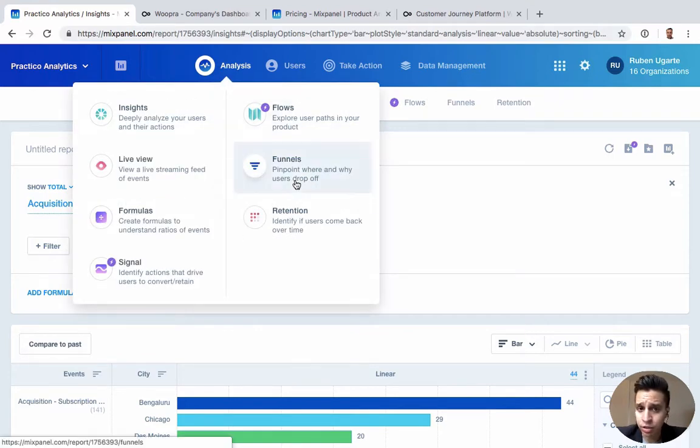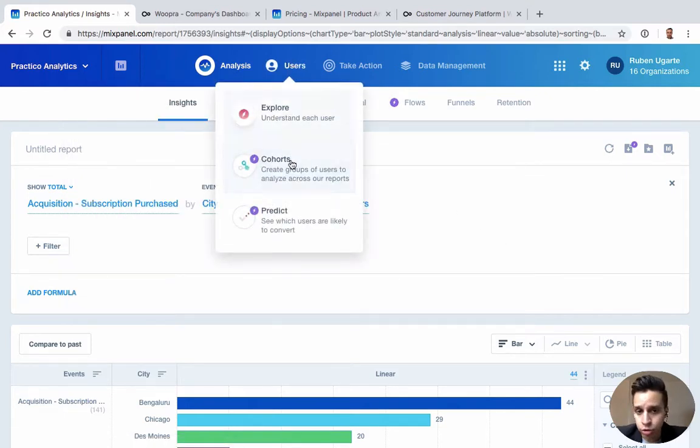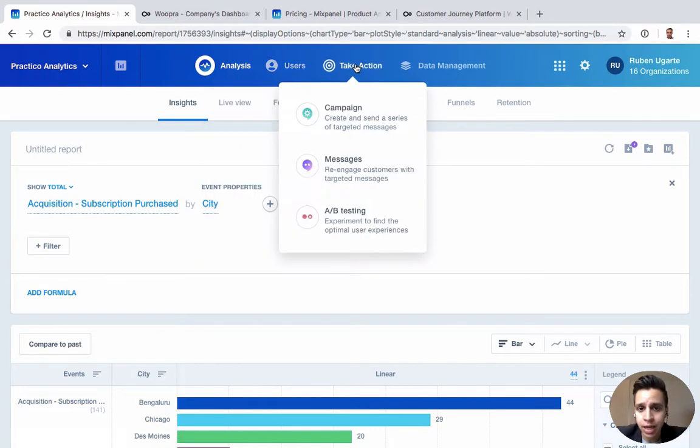We also have things like funnels, so you have a series of steps, and you can see where users are dropping off. Retention, this will be a cohort analysis report. Flows, which is more of an enterprise feature, but you see the different paths the users are taking to a certain conversion, right? We can see here user data, create cohorts, and one of the main things that also differentiates